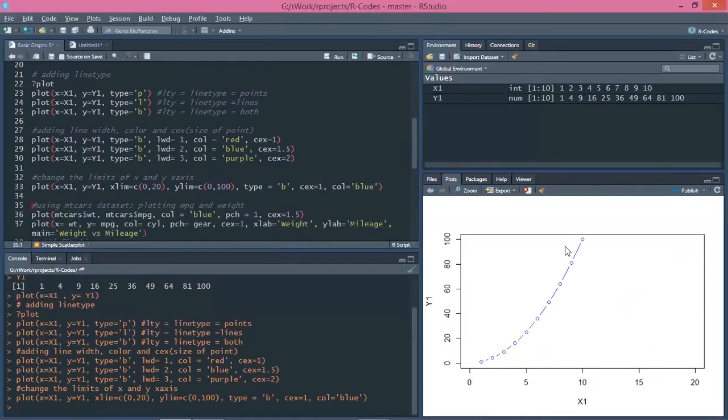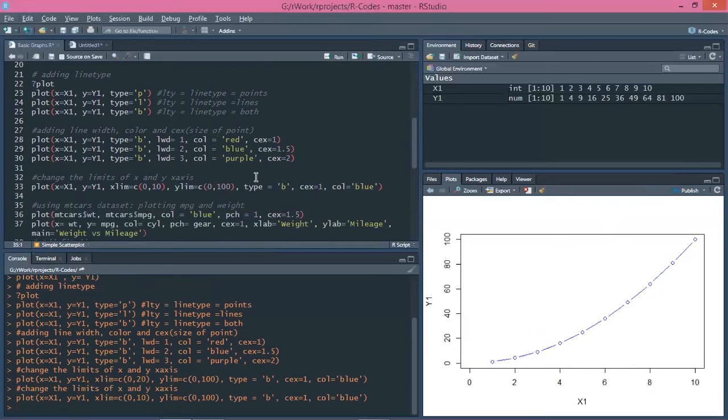Let's execute it. You can see the limits have been changed to 20 here, but the graph is not very attractive because the limits are much larger than the values available to us. So you should take the limits according to the variables you have in your data set.